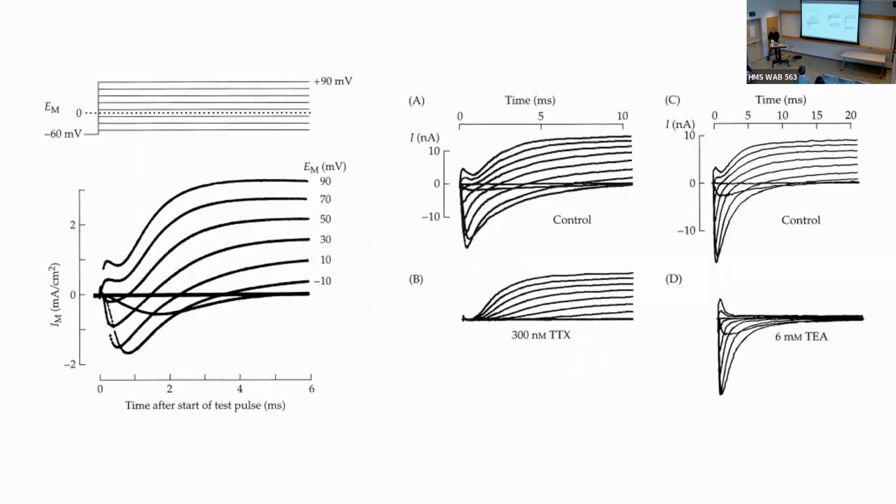And really the next series of experiments, the next idea that these conductances involved in the action potential were from pores in the membrane, were experiments done by Clay Armstrong and Bertil Hille in the late 1960s and the early 1970s. I'll go through very quickly some of their experiments because I just love these.